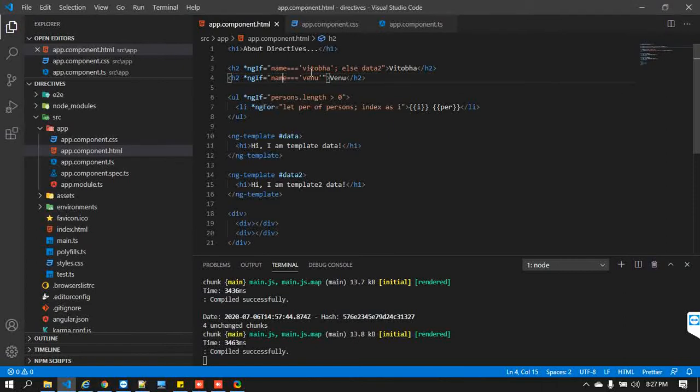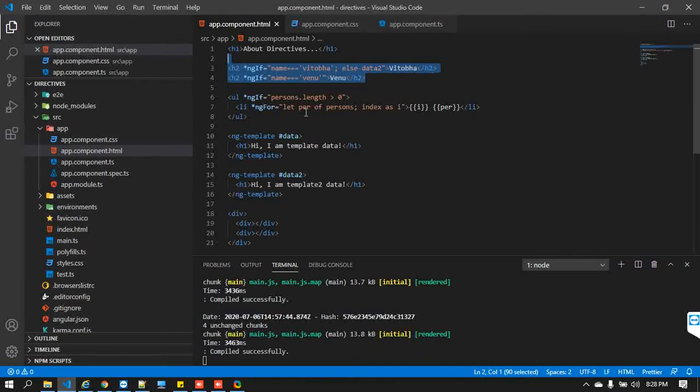If name is Vitoba, then this respective element will be displayed. For example, you have 10 to 100 elements. At that moment, if you try to write all these things using ngIf, it is not good. It creates a lot of code burden, and you will occupy more memory, because your document's memory will be increased, right?